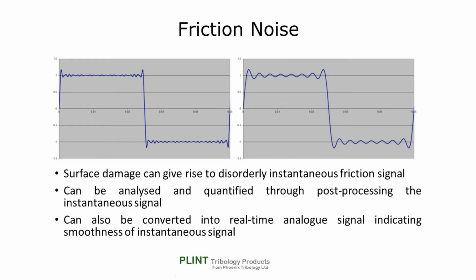For those of you not familiar with the friction noise measurement, in particular in a reciprocating tribometer, a brief explanation is perhaps required. Some instantaneous friction signals are smoother than others. However, the resulting time-smooth values of such signals may indeed be no different. Surface damage, which may give rise to a disorderly instantaneous friction signal, might not have a significant effect on the